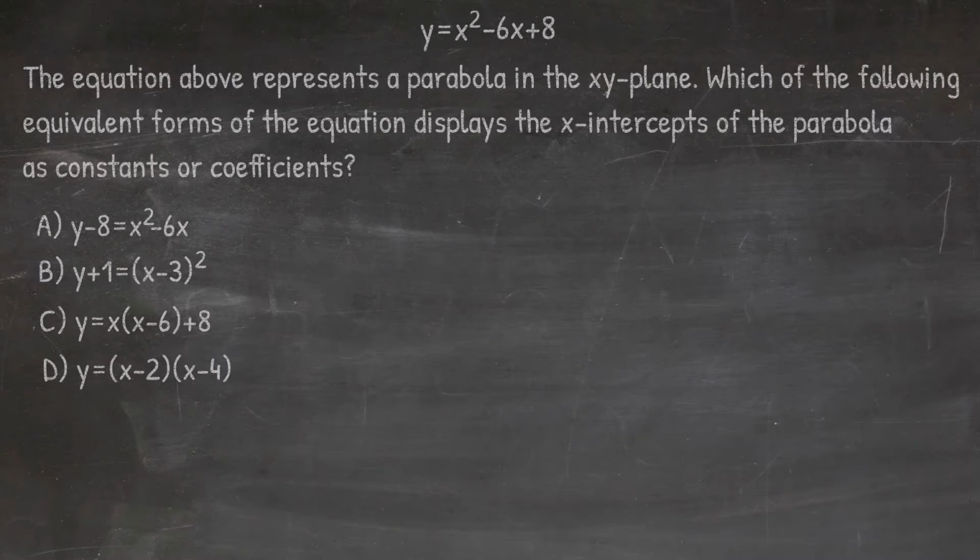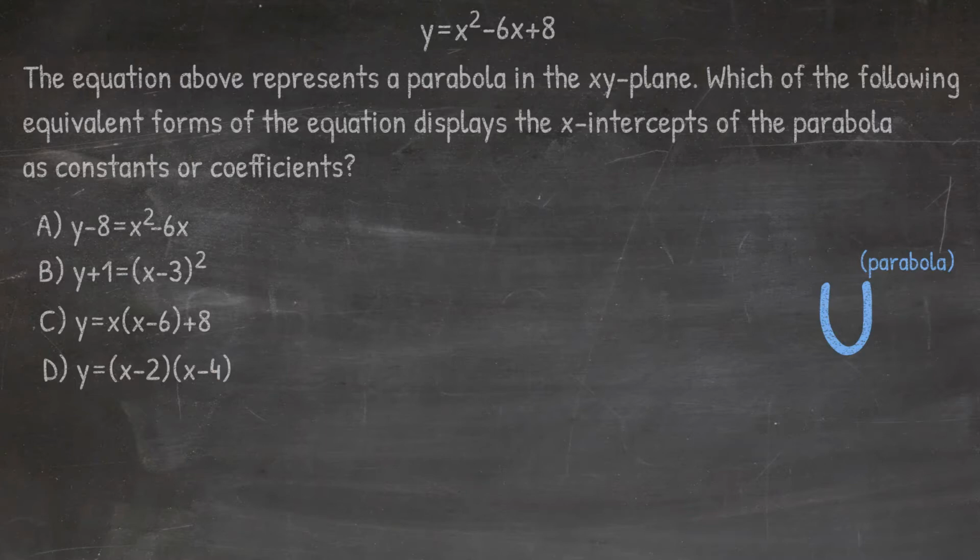A parabola is the shape of the graph that we would get if we were to construct it from the equation given to us in the quadratic form. We are offered 4 different answer choices that represent the same equation as at the top, but they look a bit differently. And the task here is for us to identify the one that expresses the x-intercept in the form